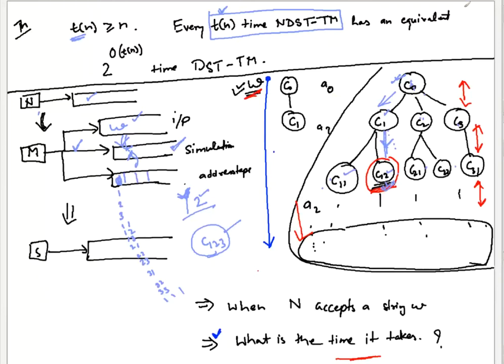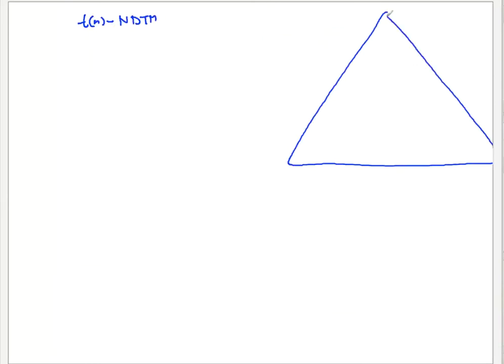Okay, yeah. So if it's a T(n) time non-deterministic Turing machine, single tape, then when you draw this configuration tree, the depth will be what? It cannot be more than order of T(n), right? Because if it is more than order of T(n), the Turing machine will at least go up to that point, right? So the configuration tree that you're going to get, the depth of that tree is these many.